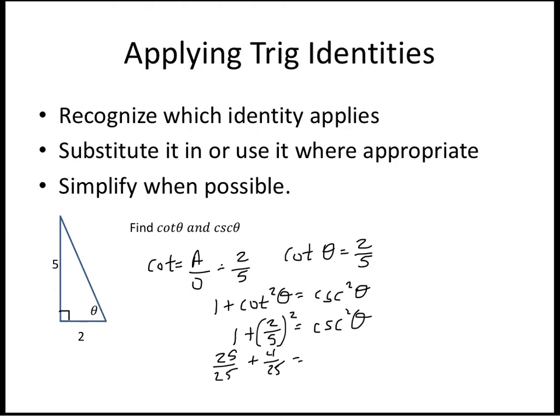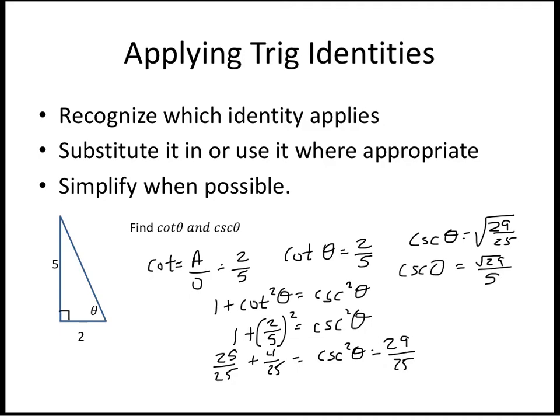So cosecant squared theta equals 29/25, right? So cosecant of theta will equal the square root of 29/25, which is just square root of 29 over 5. And you're saying, wow, that doesn't look a whole lot easier to me, but it's just another way